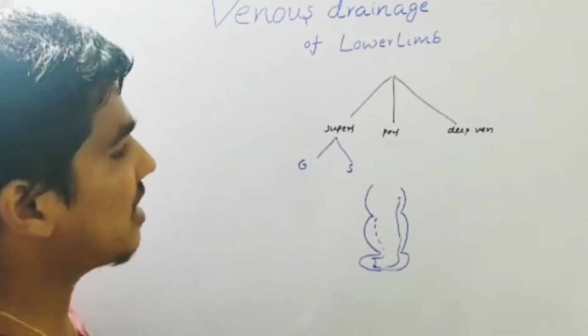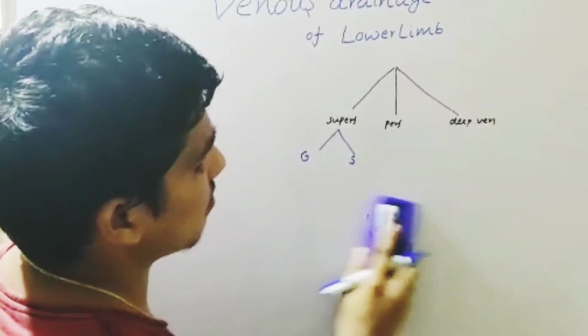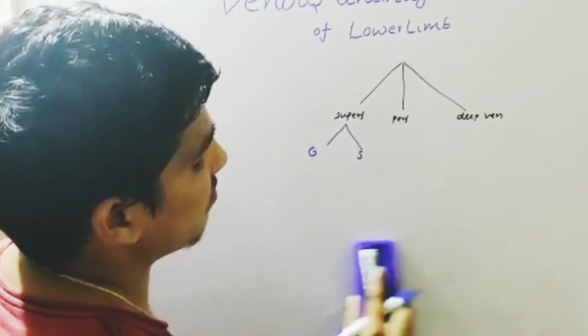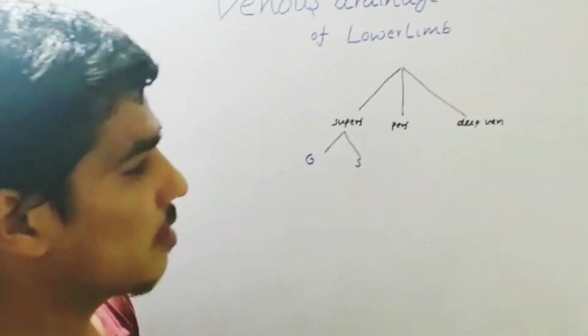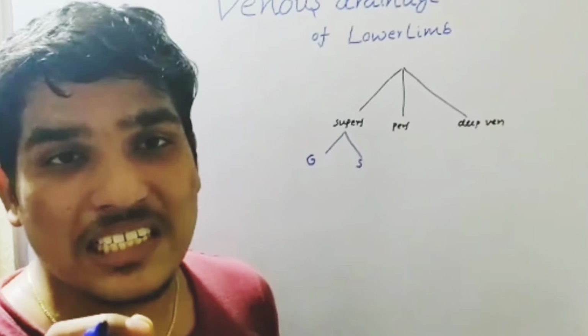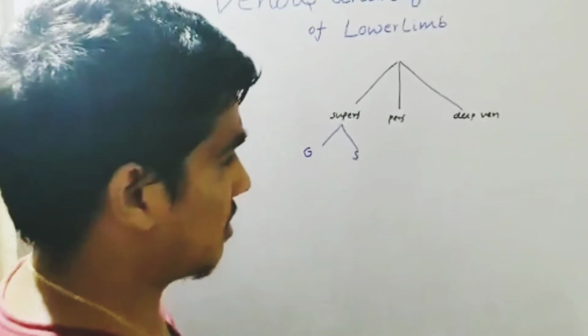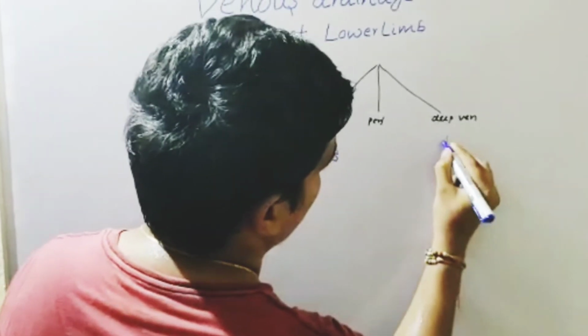So let's get into the next topic, that is perforator system. Before going into the perforator system, we should see first about the deep venous system. The deep venous system is nothing but the venous system that is accompanying the deep arteries. Tell me, what are the deep arteries? Tell along with me. It is